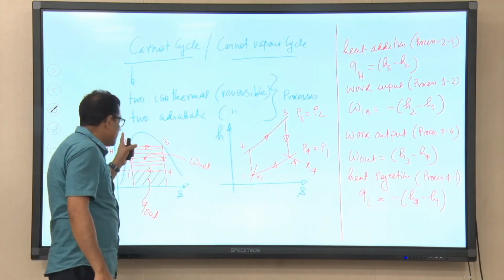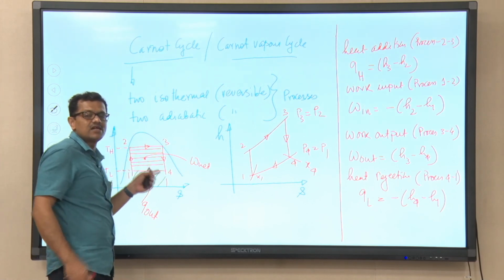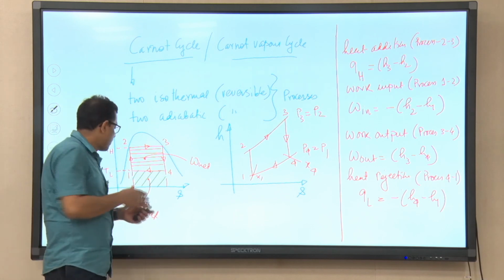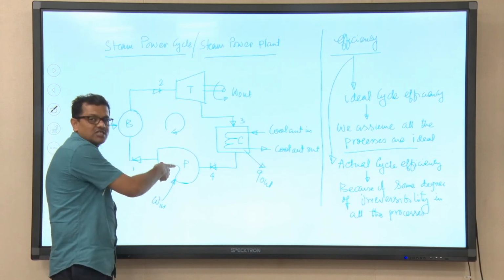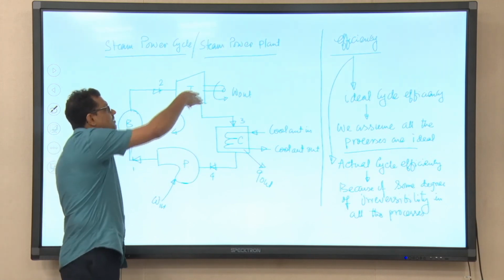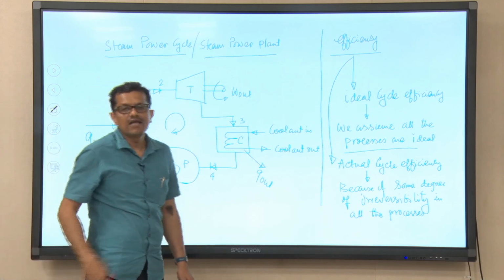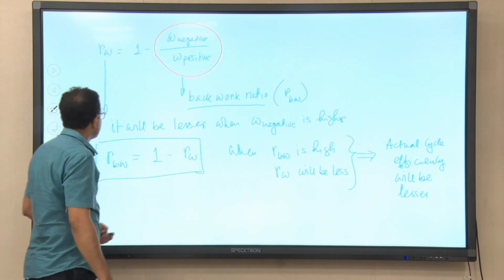But when we design a compressor to handle this two phase mixture, the power consumption will be very high. That means the work input to this compressor will be a significant portion of the work output. So eventually we will get a high back work ratio and a low work ratio. This is another important drawback.